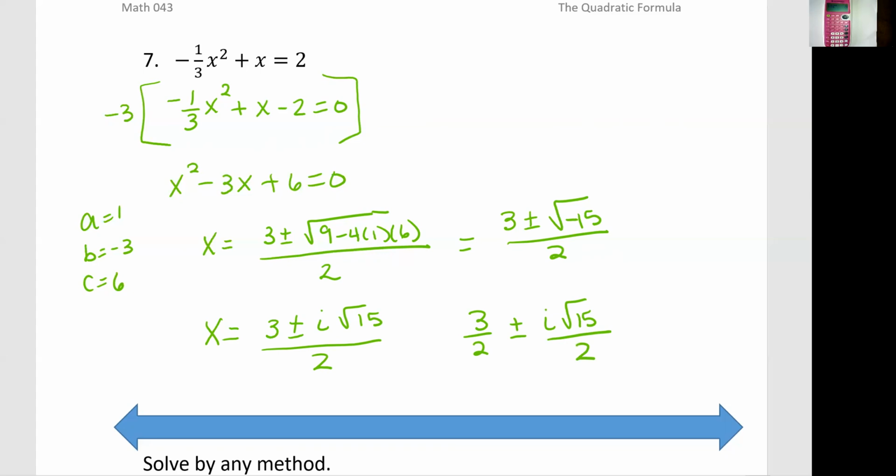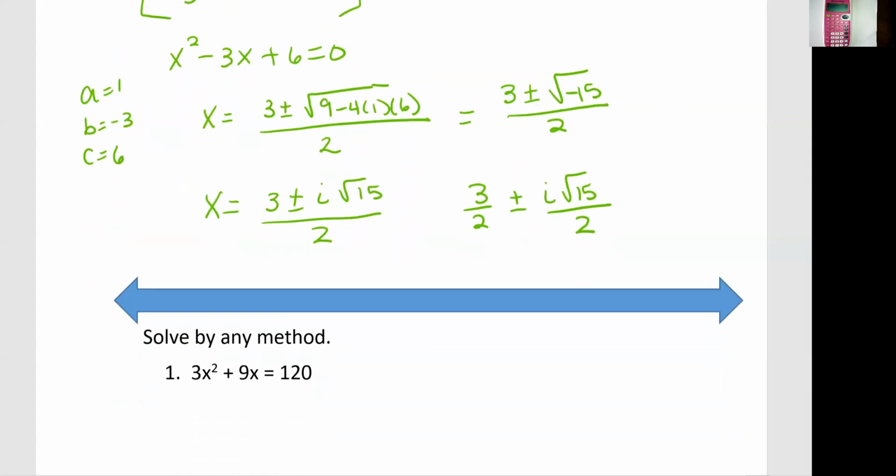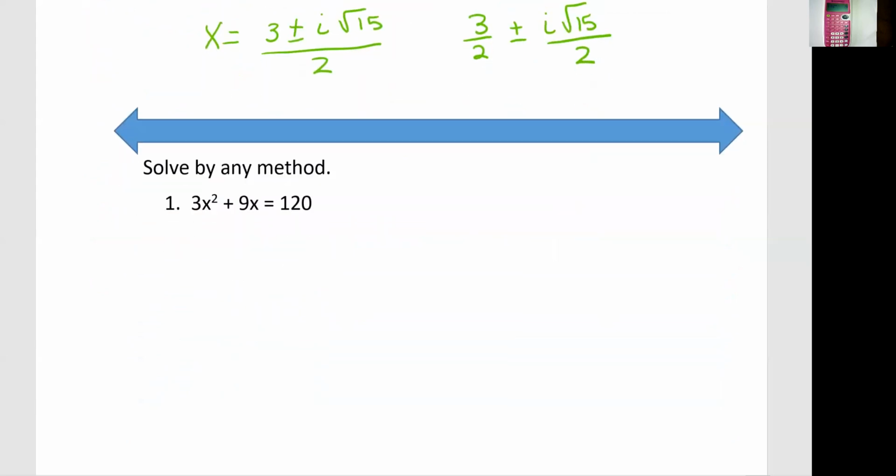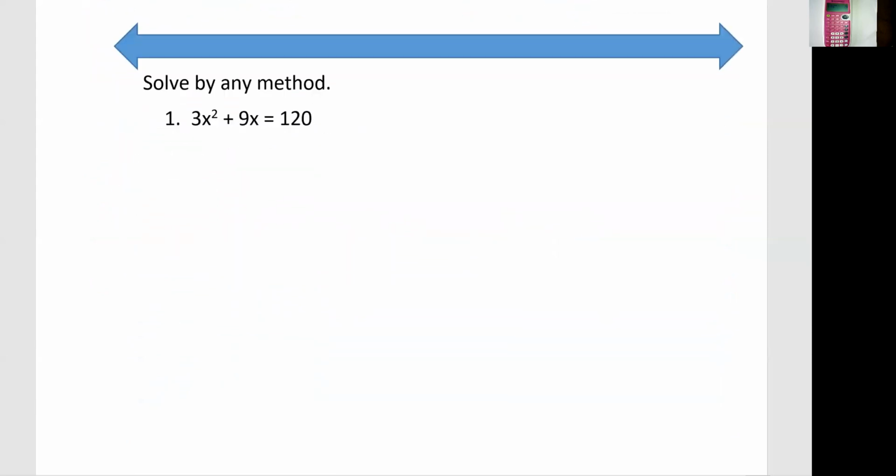This next section, you can solve by any method. You can solve by factoring. You can solve by the square root property, or you can solve by the quadratic formula. So what's important here is that you have the correct answer, because you can use any method. So the first one,